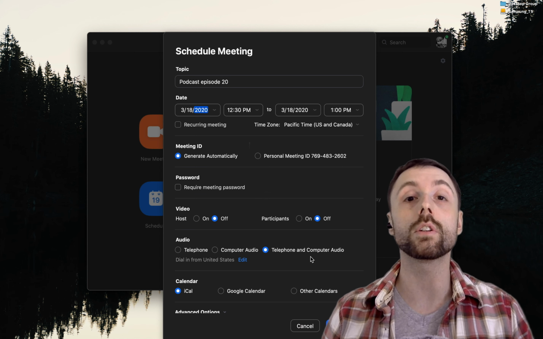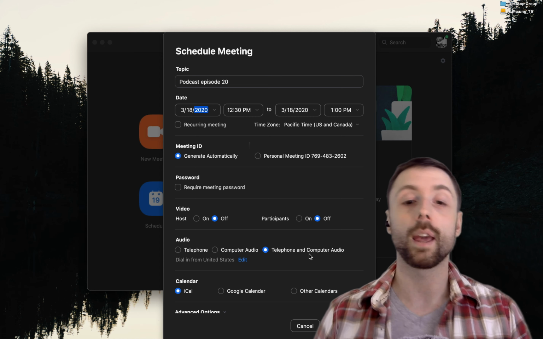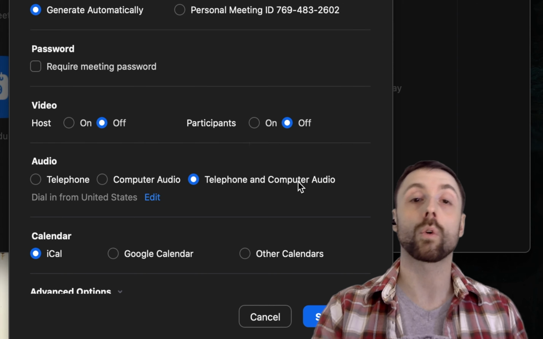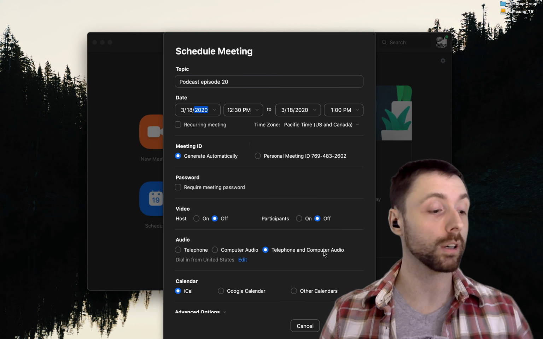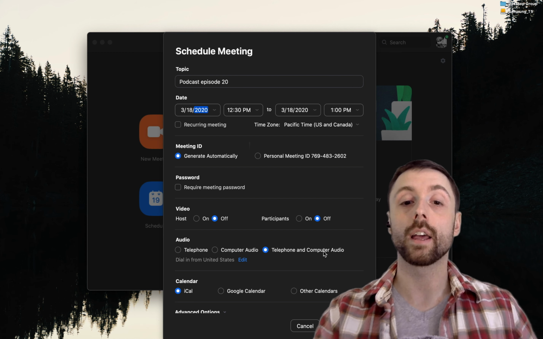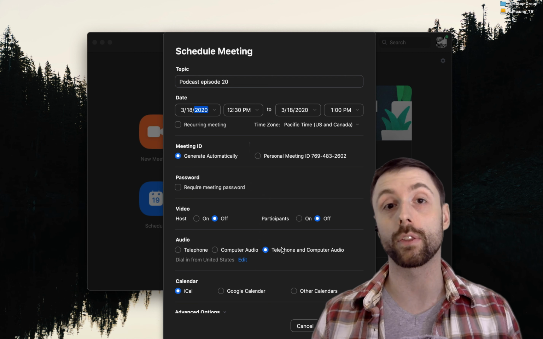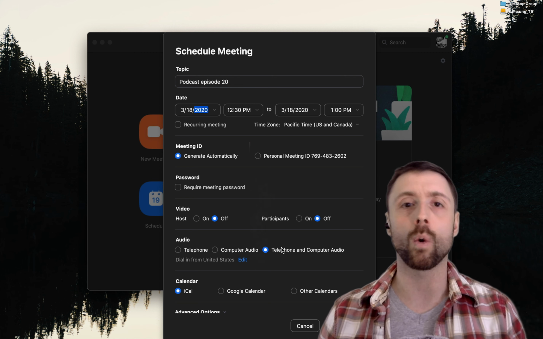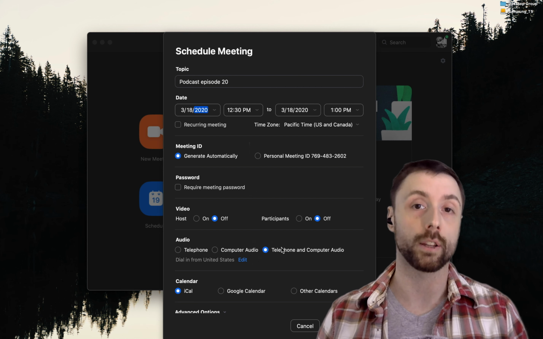What this allows you to do is, by default, telephone and computer audio will be turned on, especially in these times where bandwidth might be a premium. If you can't, or your end user, your interviewee, doesn't have access to a computer or their mobile phone's data, this allows for anybody to call in just using their standard minutes on their cell phone. Yes, the audio quality will go down. You get that old school radio phone-in sound, but at least you can get the audio from your